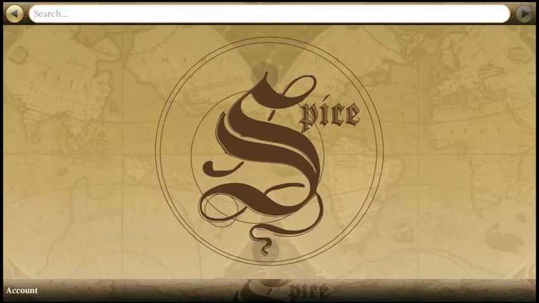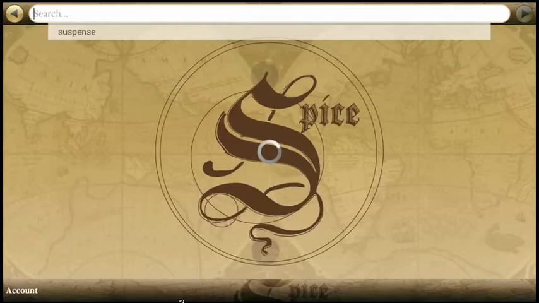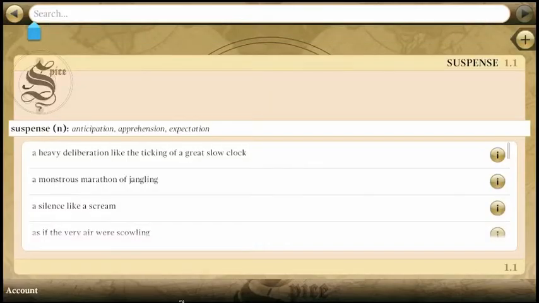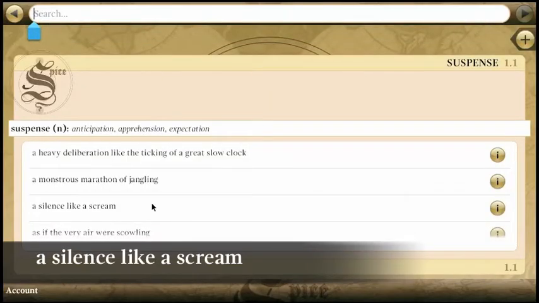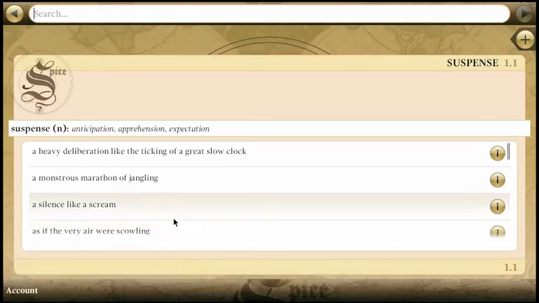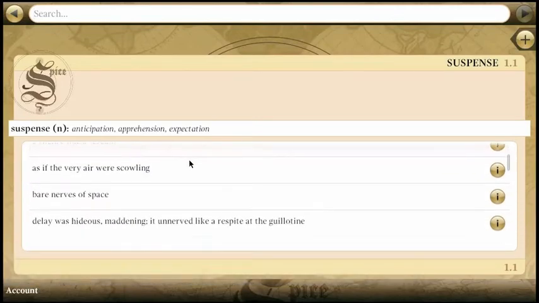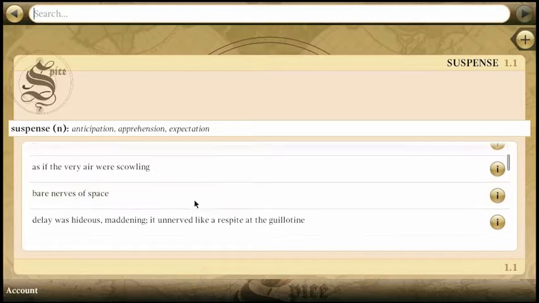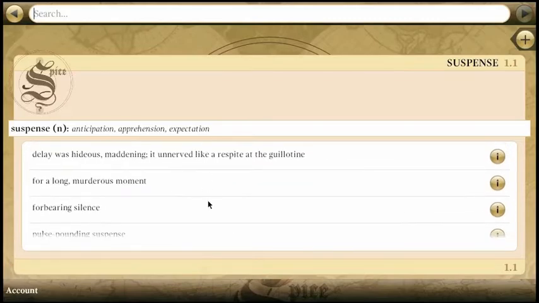Your opening sentence is something like, Hitchcock is the master of suspense unlike any other director, but you know you'll need more than that. The problem is, you don't really even know what an element of suspense is. Why don't you look up suspense just to see how it's been described by other people? A silence like a scream. Oh, right, you think. There are a lot of long silences and weird music in Hitchcock films. This one goes with silence too.